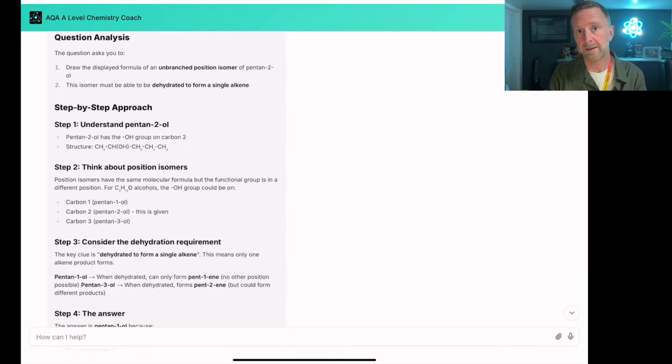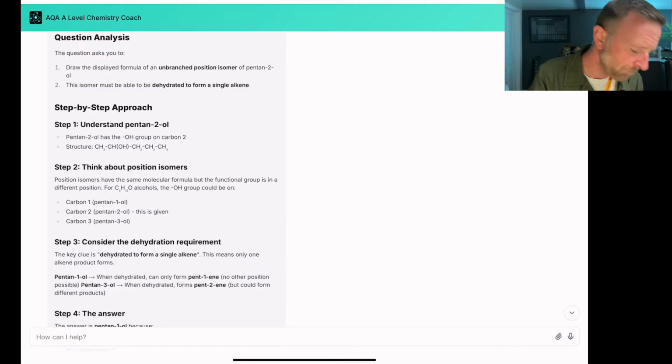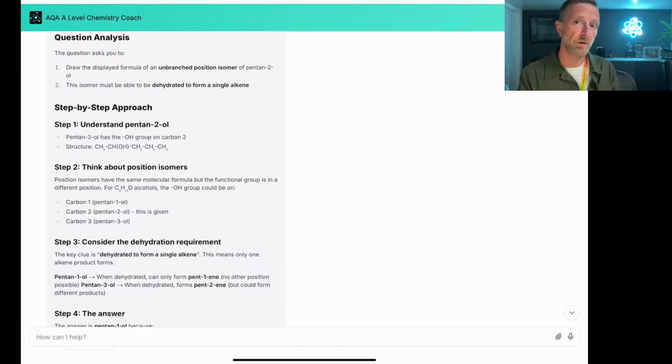So that's why I designed this, to help you get to the right answer, to help you figure out how to answer questions rather than just giving you answers. Because like I said, it's no better than the mark scheme in that respect. What website am I on? My website, chemistrycoach.co.uk. You can access a trial version of this if you want to. It's limited to certain topics. So if you tell it what exam board you're on, it will say, okay, I can help you with these topics. So fill your boots.